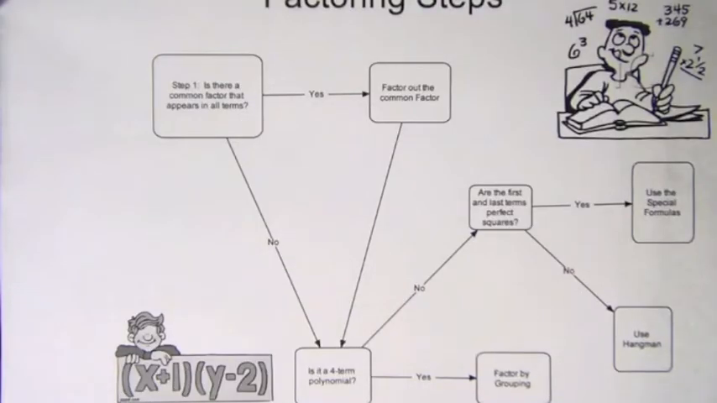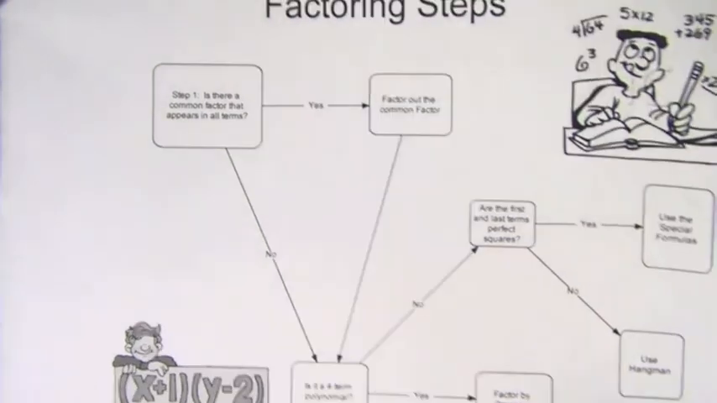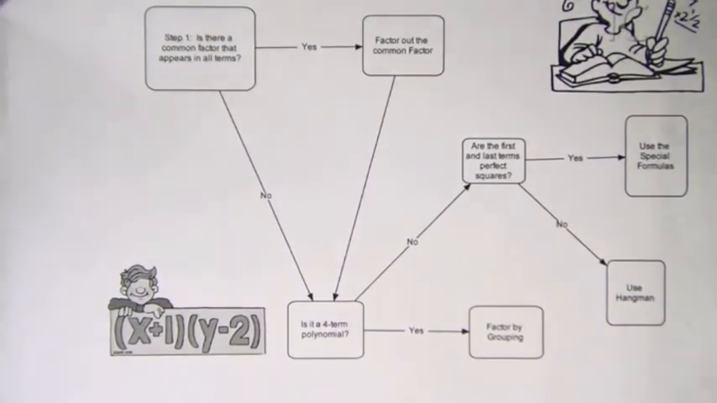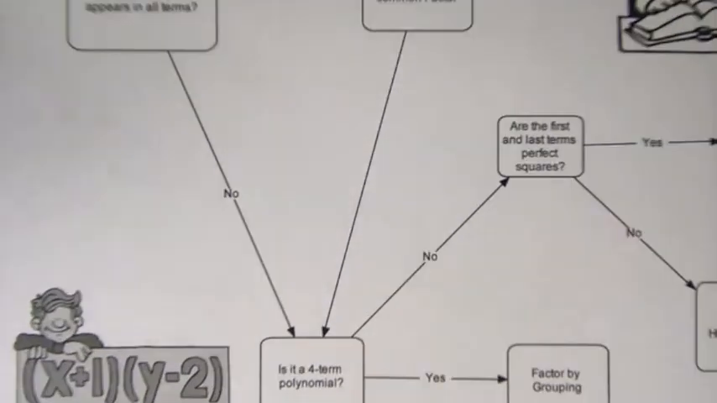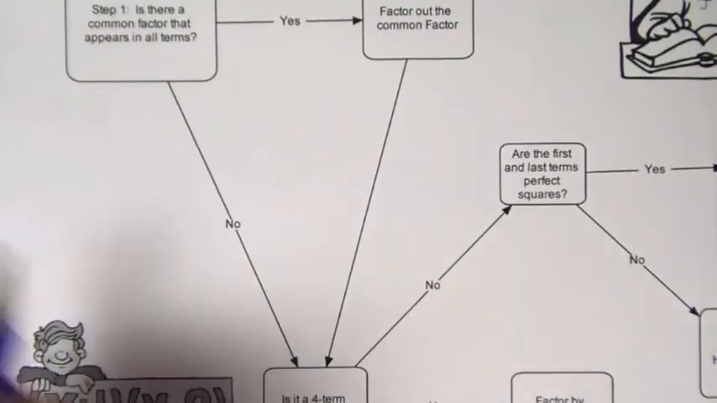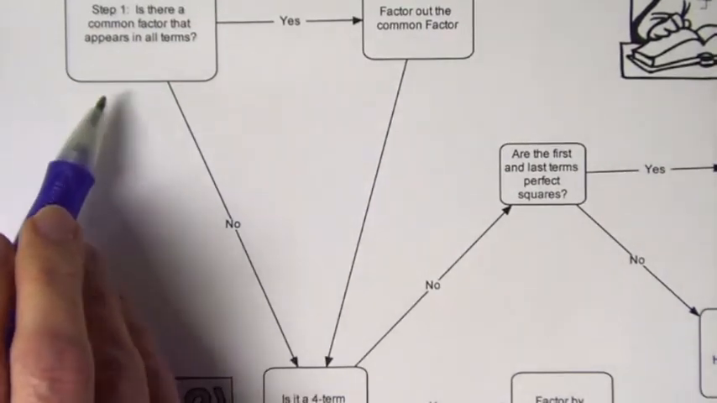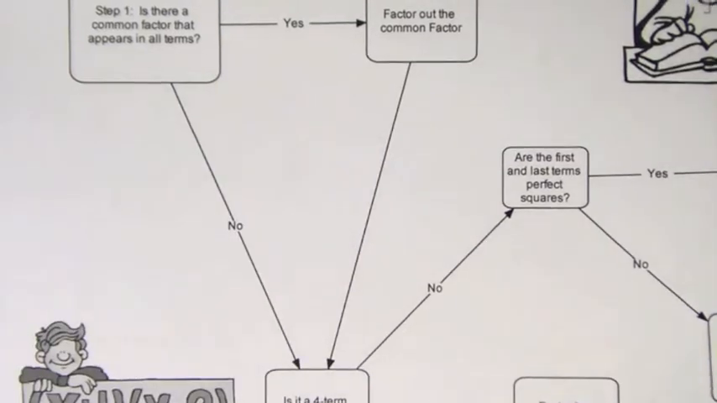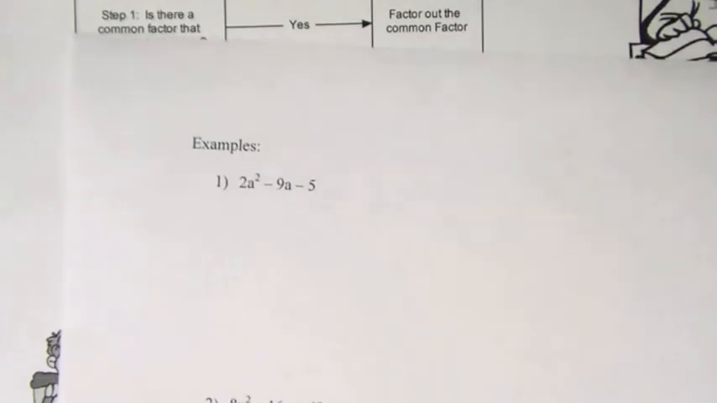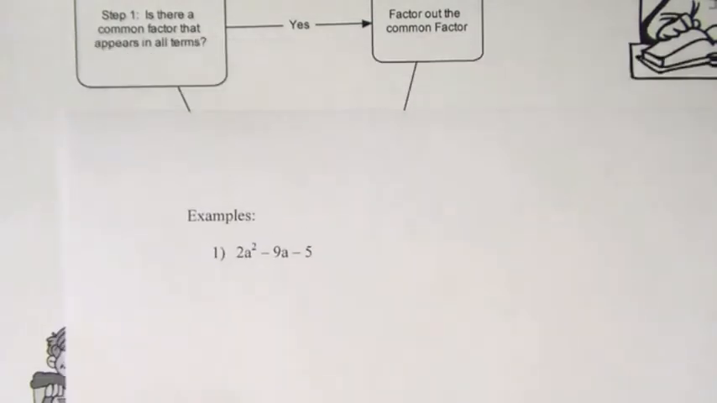Okay, what I want to show you on this video is this flow chart that you will want to use pretty regularly on the review assignment over the next couple of days. You start up here in the upper left-hand side, and I just want to work through a couple of these factoring problems, and go through the reasoning of the chart and see if you can understand how